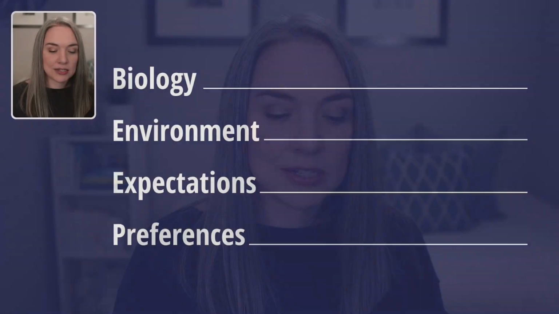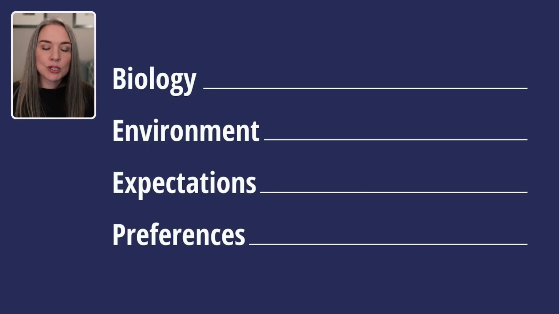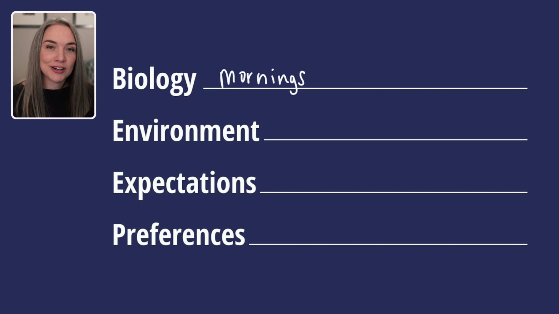So if we think about this example with the exercise and we go through these 4 questions, first let's look at biology. So what's the time of day? Maybe you start trying this method. It's a simple, clear, effective method, but you're noticing that that time of day, you're flagging, your energy is not great. So maybe you want to try something different. And perhaps you are someone who says, okay, let's actually try the mornings and see. I tend to maybe be a little bit more alert. I have a bit more willpower in the mornings. I'm going to try that instead.